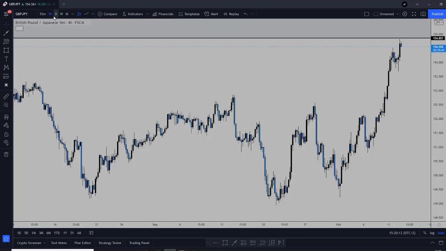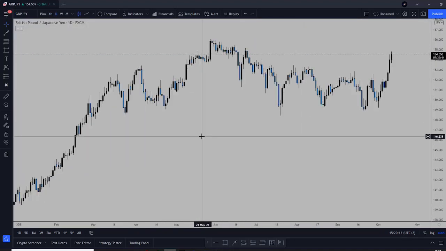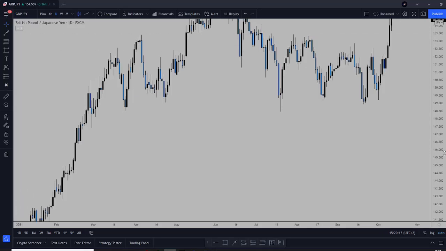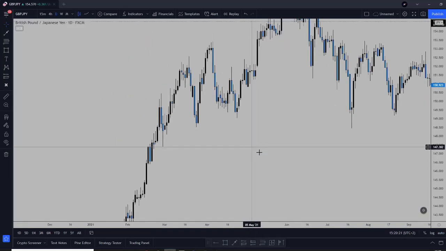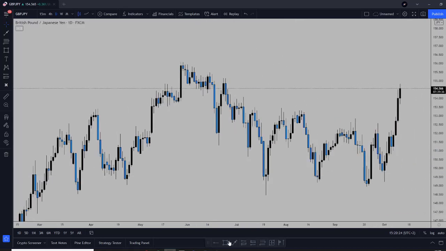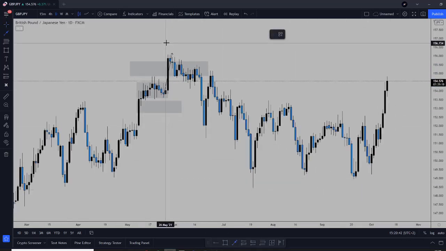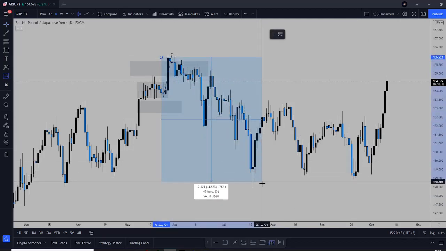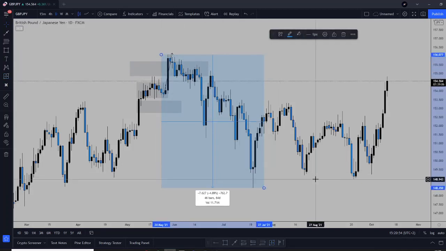So yeah, let me just try and find some examples on the daily, which will be less likely to find and will be a little bit different, but we will still find it. Okay, we have one right here. Beautiful. We have the daily ranging price. We have liquidity below, and we have liquidity above these highs as well. What happened? Price just decided to break out finally. Probably everybody thought it was going to go to the moon, and then this happened. A big drop. We're talking about a lot of pips. The lowest point was over 750 pips from top to bottom.